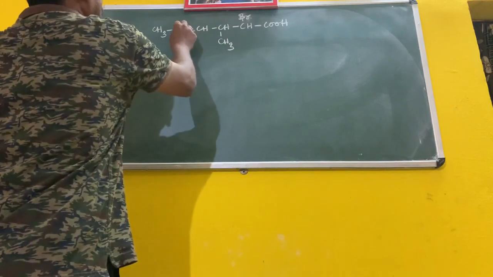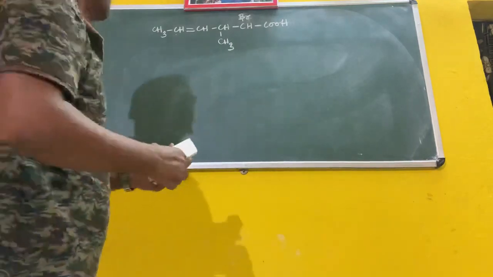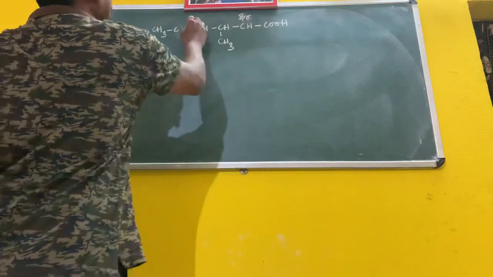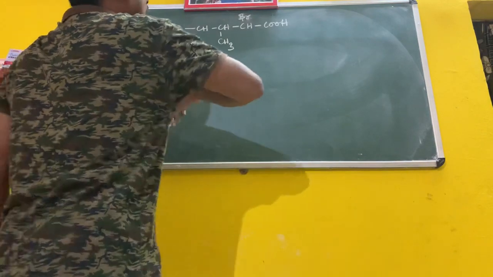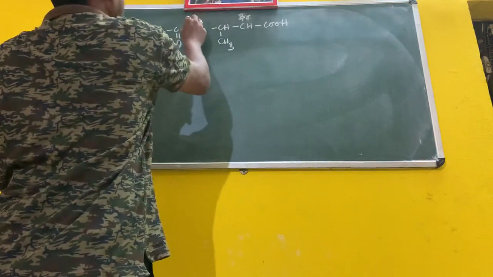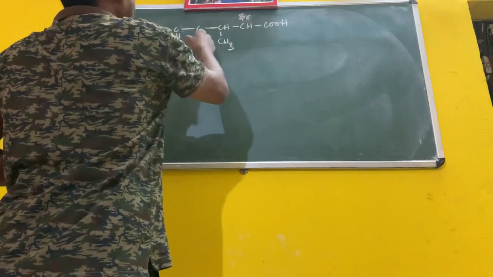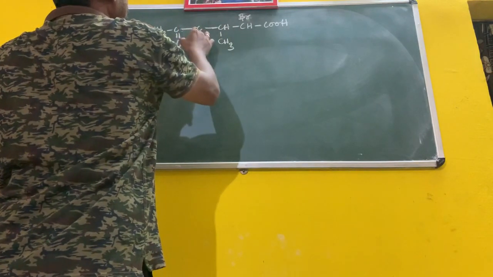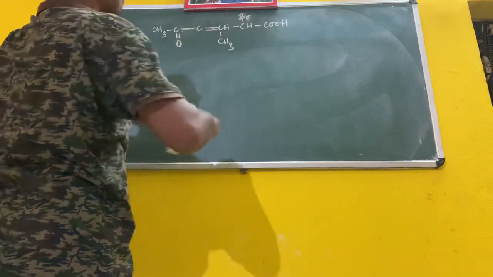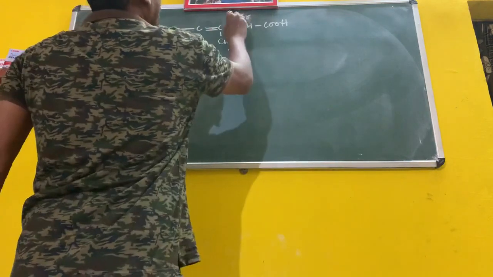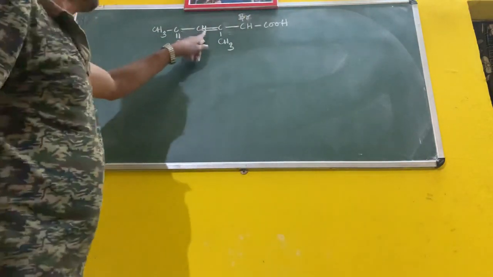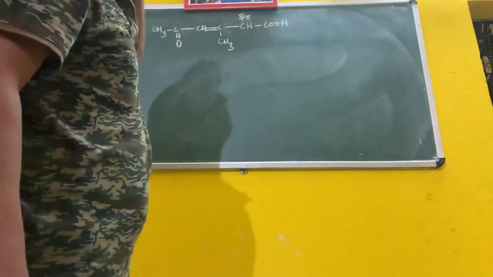Suppose here is a double bond, and here you put one ketone carbonyl. One double bond or triple bond is there, numbered 1, 2, 3, 4. This is the compound. So first